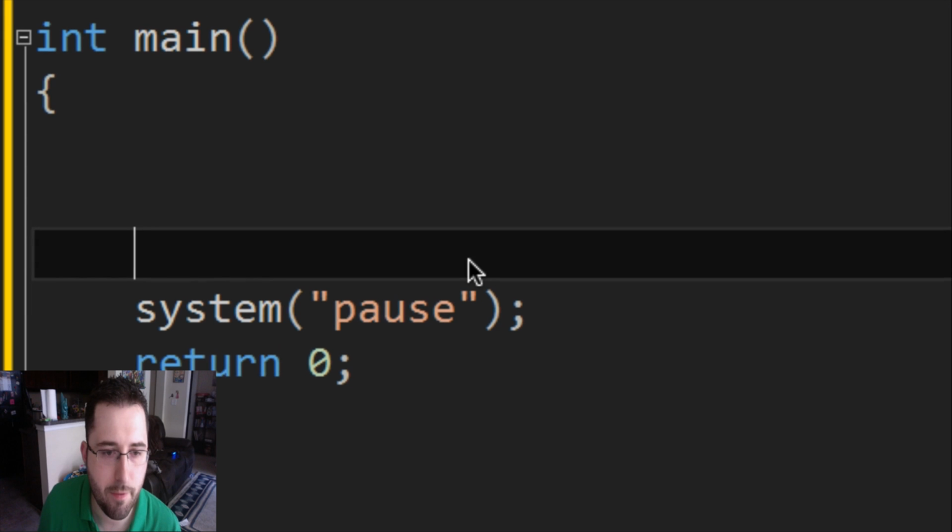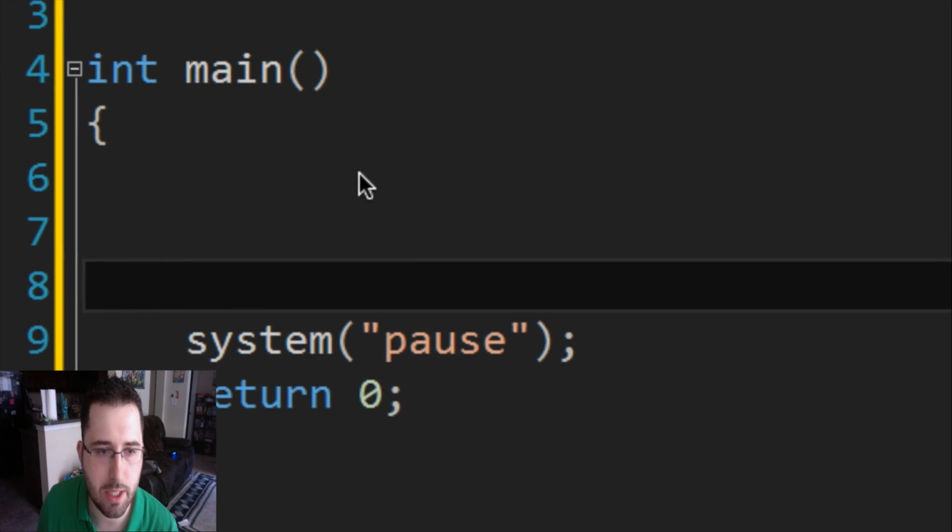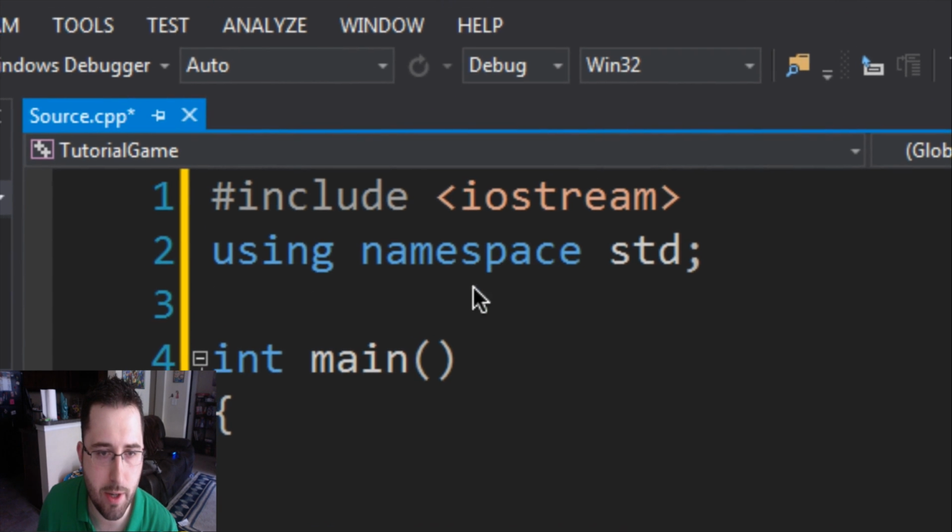Welcome back, guys. Today we're going to make a game. I'm going to show you dot notations, how to assign a random value. We're going to be working with structs and briefly go over classes. Let's get started. The first thing I want to cover with you is our basic layout of our